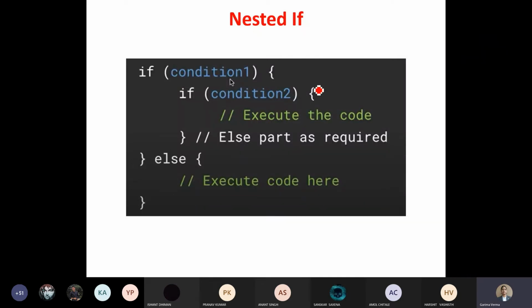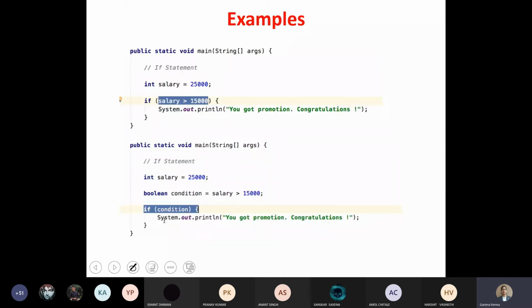Okay. So let's see one example, and the next construct that we are going to discuss is the nested if, which means if के अंदर आप if लगा रहे हो, if inside the if, right? So for example, this is the condition. If this condition is true, then you will come inside the block, and if this condition is true, then only this part will be executed, right? And if this condition is false, and this condition is also false, then you will come to the else block, right? So let's see the examples of every if.